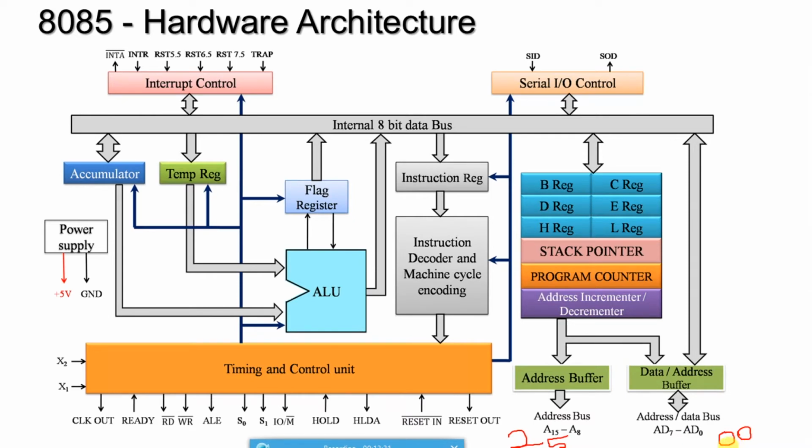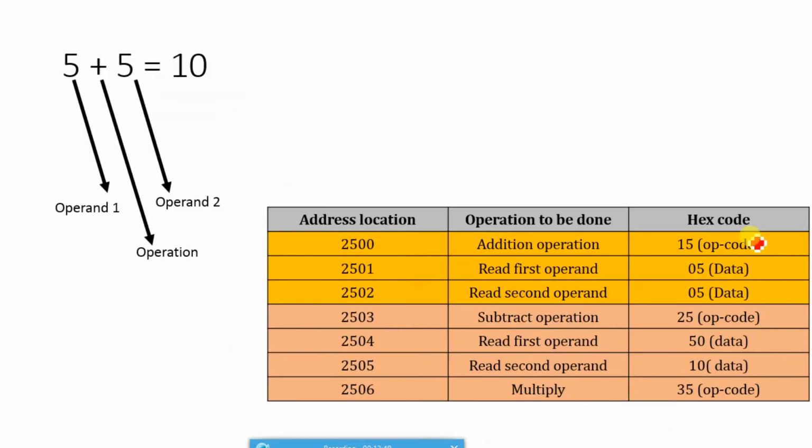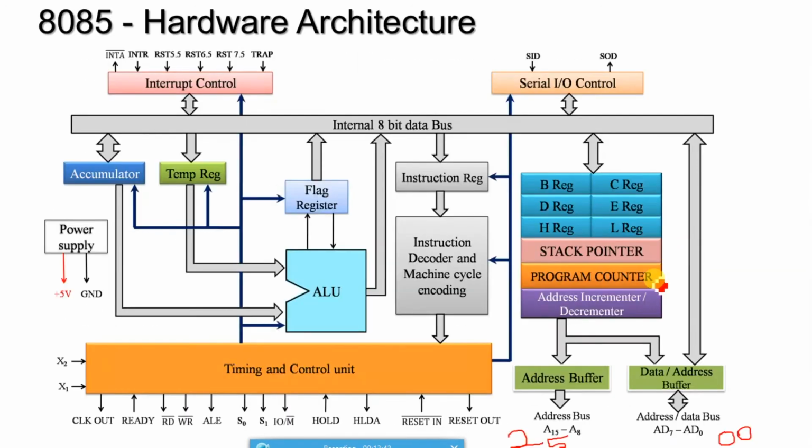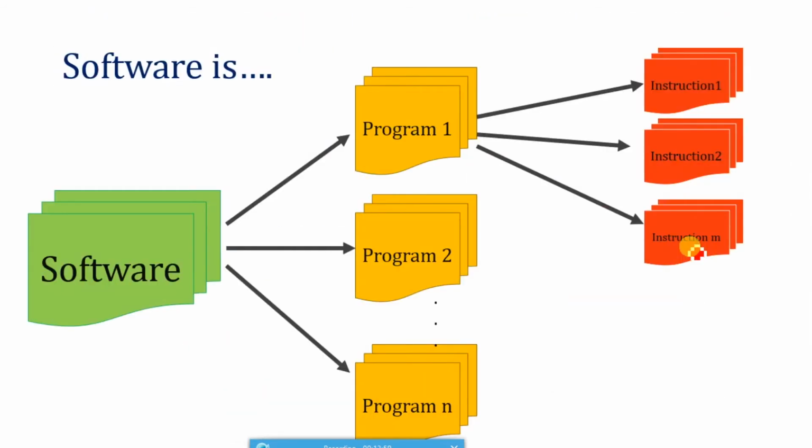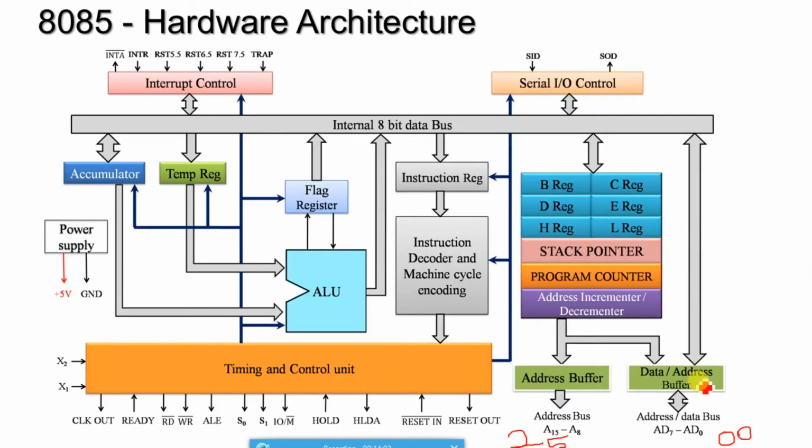In 2500 we have 15 as an opcode. After selecting the 2500 memory location, the data is now extracted. 15 is the data available at location 2500, and this data has to be taken inside the microprocessor. Through this data bus itself the data is coming. Until ALE is set as 1, the data is entering the microprocessor. Now ALE becomes 0, so it is indicated as data.